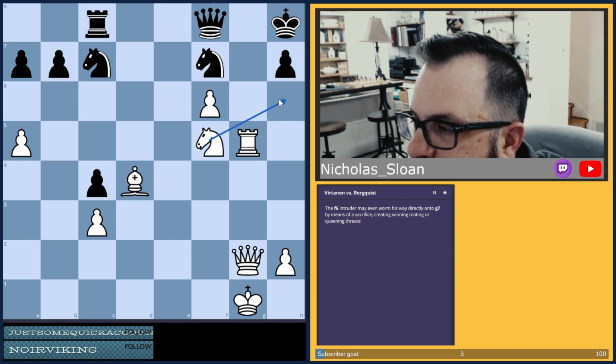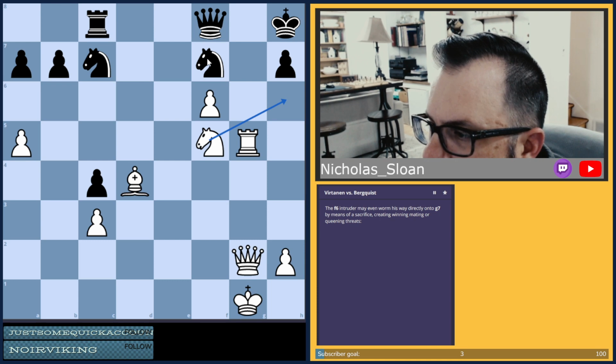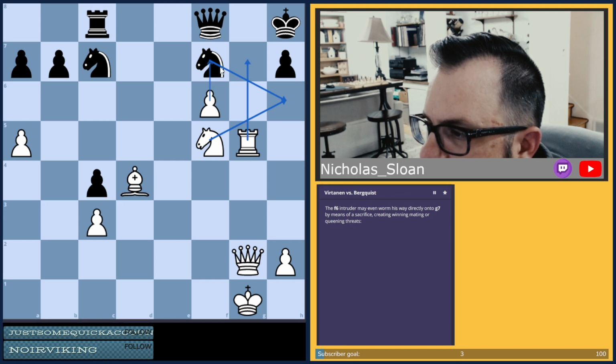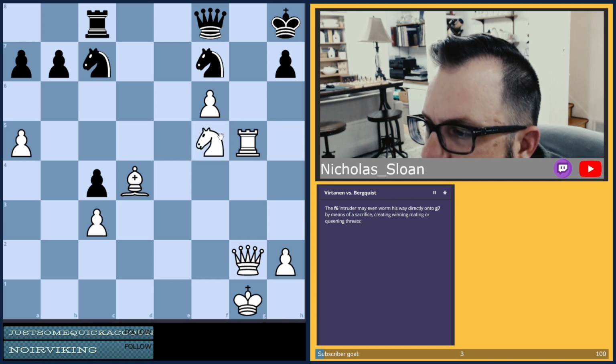Knight to h6, attacking the knight. Takes. Here with the idea of pushing here with a check. Doesn't like that either.